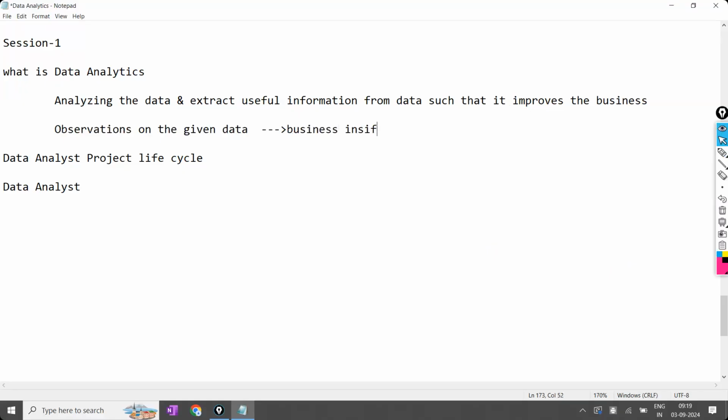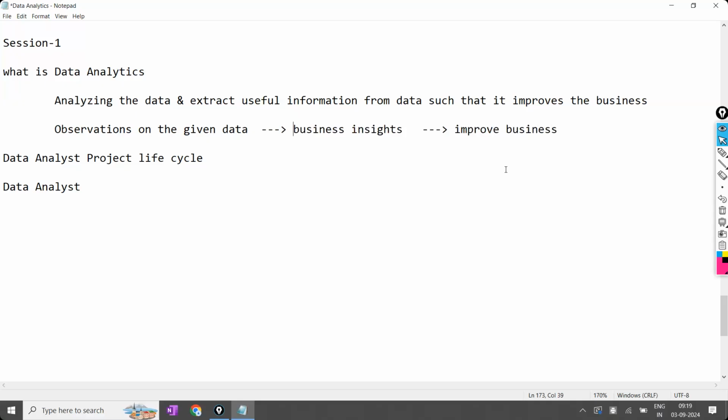Business insights means how we can improve our business through this, and from that they improve the business. This is what they do. So the first step is observing the given data, and from the data they get the business insights and try to improve their business.